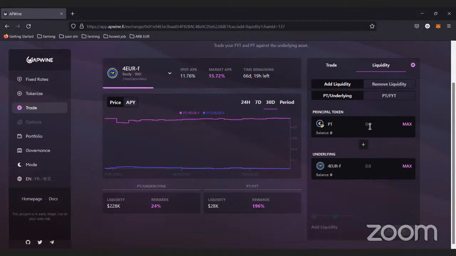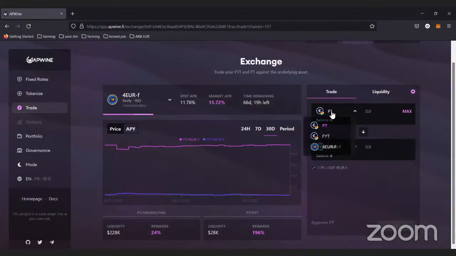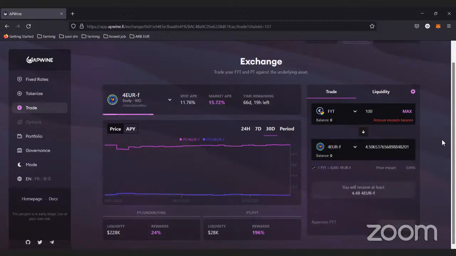And you also have the future yield token associated with your PT. And this is where things are interesting. You can either keep it, which means that you will earn yield on your PT if you keep the future yield token. So future yield token is 10%, so you will make 10%. Or, and again, this is where things are interesting, you can sell it. So you go on future yield token here and you sell it for the 4 euro. So the question is how much money you can make if you sell it.